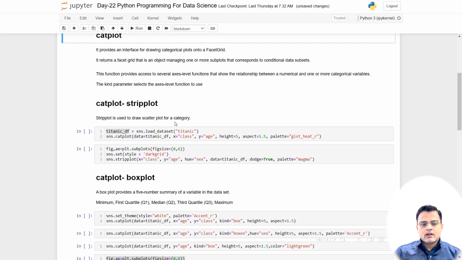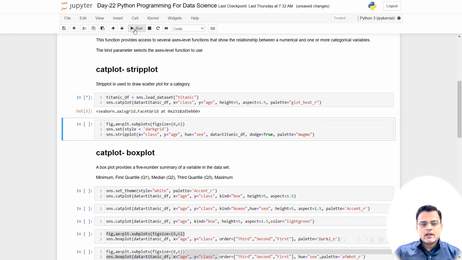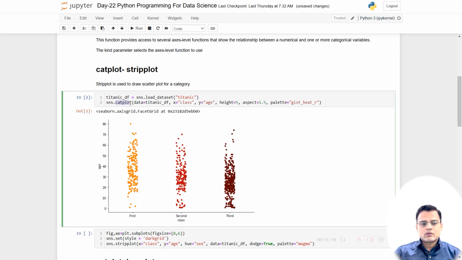The first plot which we are going to discuss is the strip plot. A strip plot is used to see the spread of your data for a categorical variable with respect to a numerical variable. Here we are loading our data set and plotting a catplot, sns.catplot, trying to see the class variable. There are three classes in the Titanic data set, first class, second class and third class, and we are seeing the spread of their age. If you see, the third class is the most young class. So you can see the spread of your data